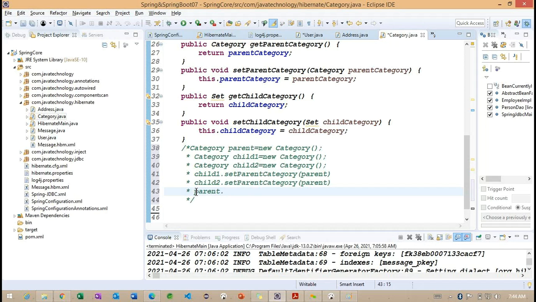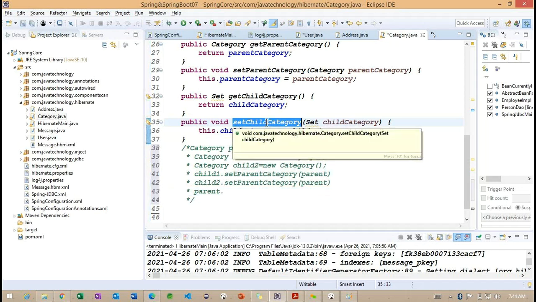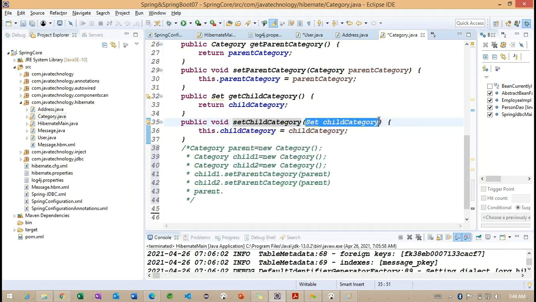Using this setChildCategory, we can create a Set object and specify the object information here. Otherwise, we can call this child category.